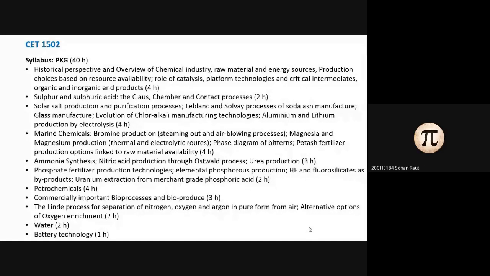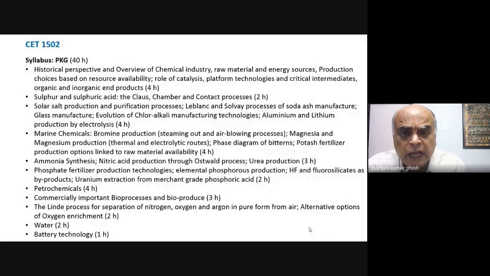Contact process. Very good. Okay, contact process. But it's also important to know that it wasn't always that way. It was made actually by a different process before. Subsequently, the contact process became important, and it's important to know the historical development,